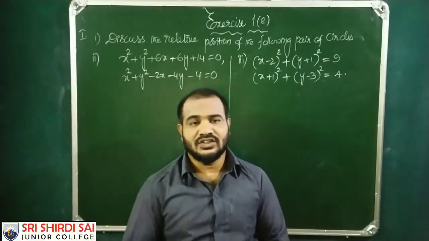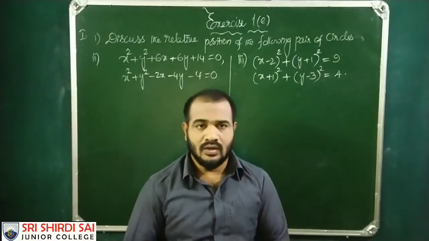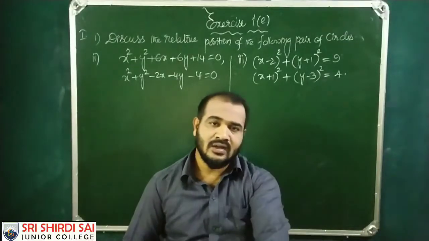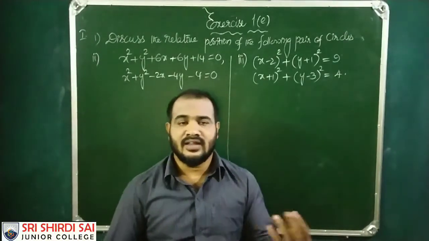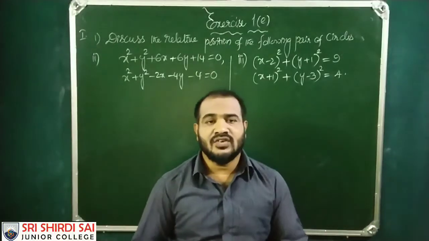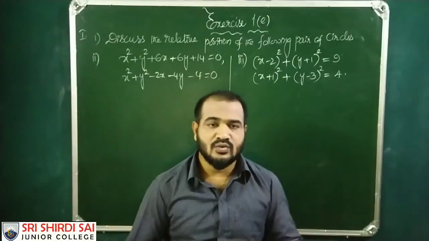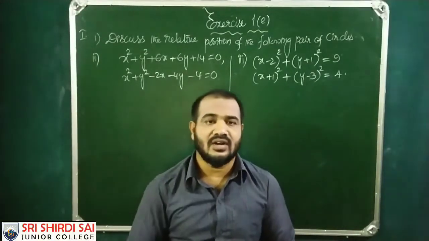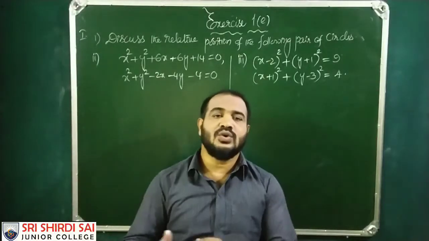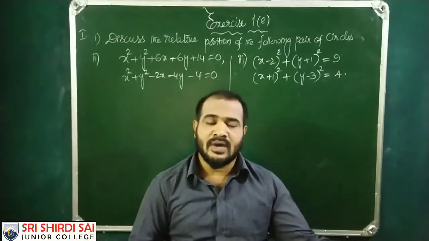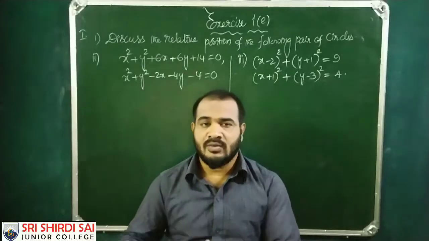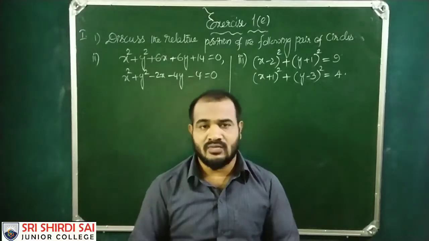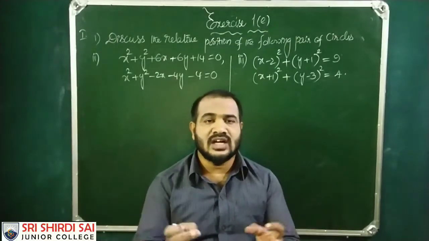So which condition is holding good? If C1C2 is greater than R1 plus R2, one circle lies completely outside the other, they neither touch nor intersect. If C1C2 is equal to R1 plus R2, then the two circles touch each other externally. And if C1C2 lies in between the modulus of R1 minus R2 and R1 plus R2, that is, modulus of R1 minus R2 less than C1C2 less than R1 plus R2,